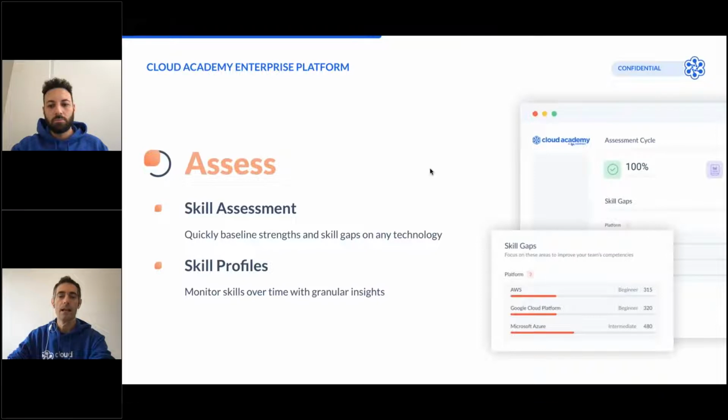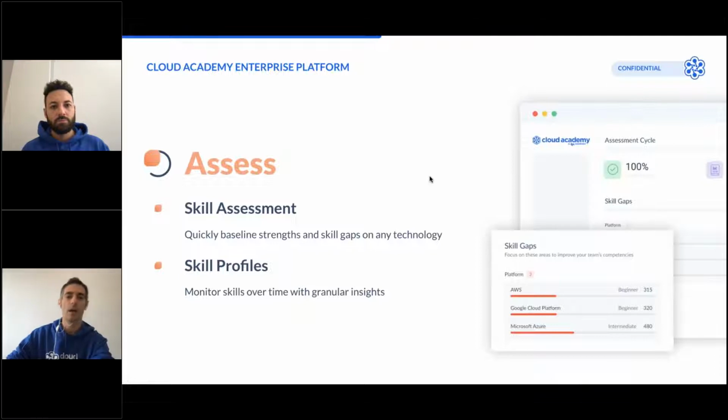So I think the most important thing about Cloud Academy is that, as a software, it's able to map all the skills inside of the organization. If you don't know where you're starting from, it's really hard to understand where you want to go. So the first thing that we will do, and Mario and I will show you exactly how this works inside of the platform, is to run an assessment inside of the organization.